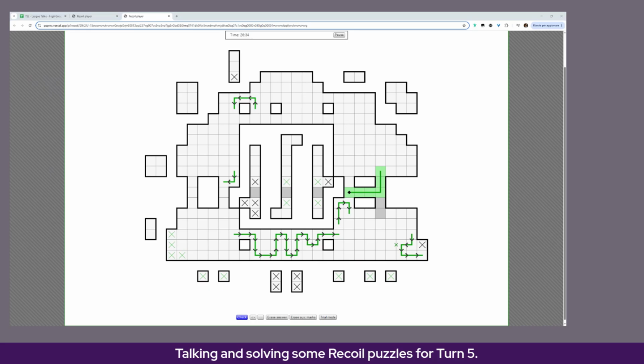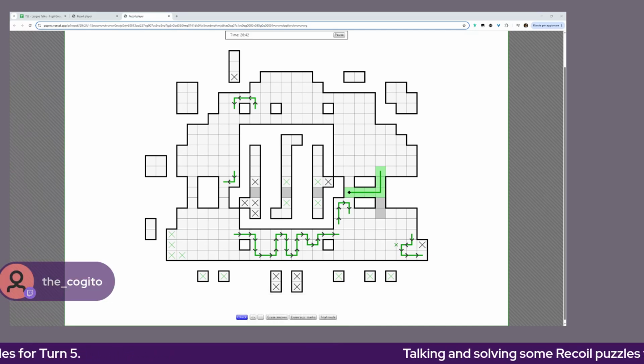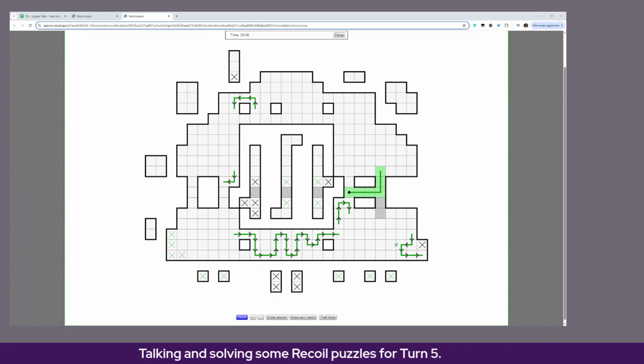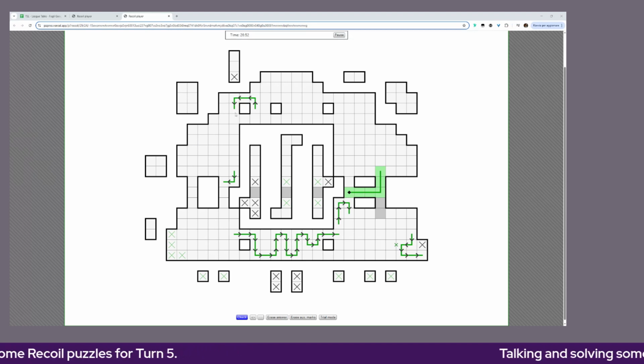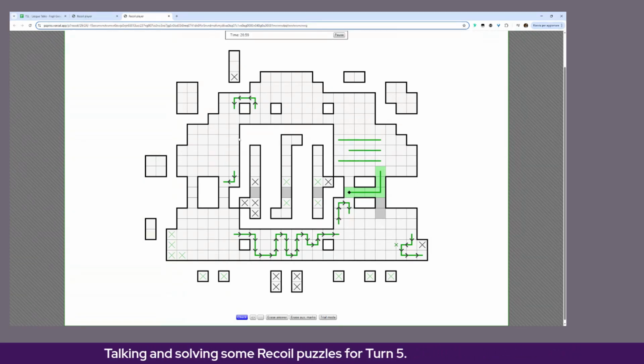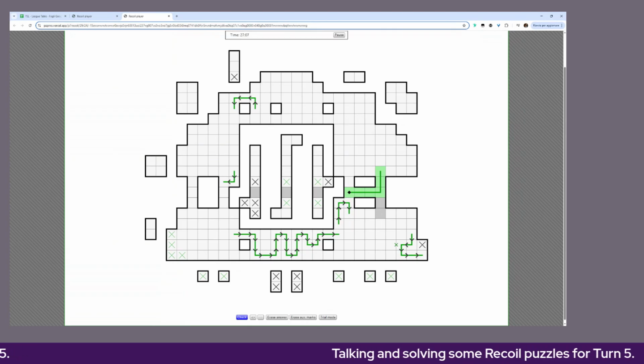What is the Cogito saying? The cell above the black X, 2 though, right? You have at least 2 upward paths for every center column. Yeah. But I don't know how many of those cells are being recoiled here, and I don't want to count because it's not necessary. That's why I was using the bottom, because the bottom is a lot more restricted because of what you have here, or at least